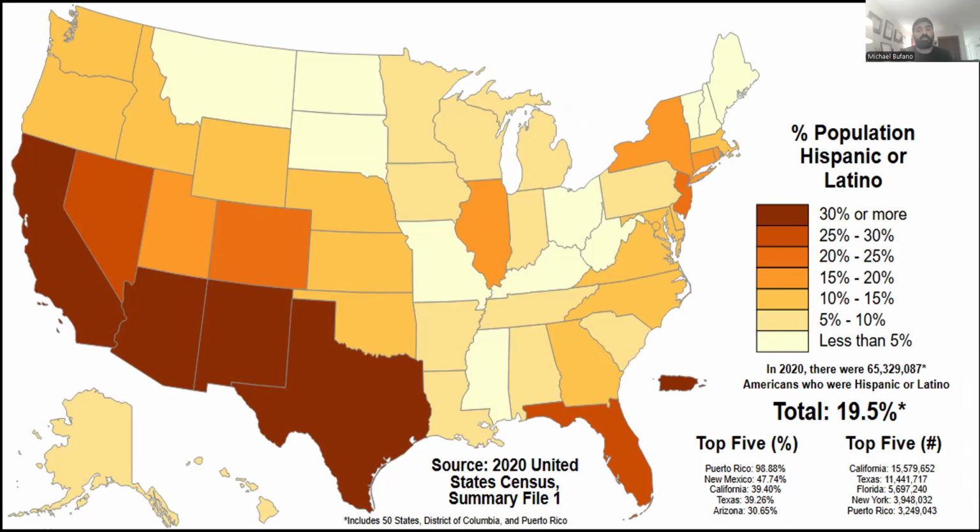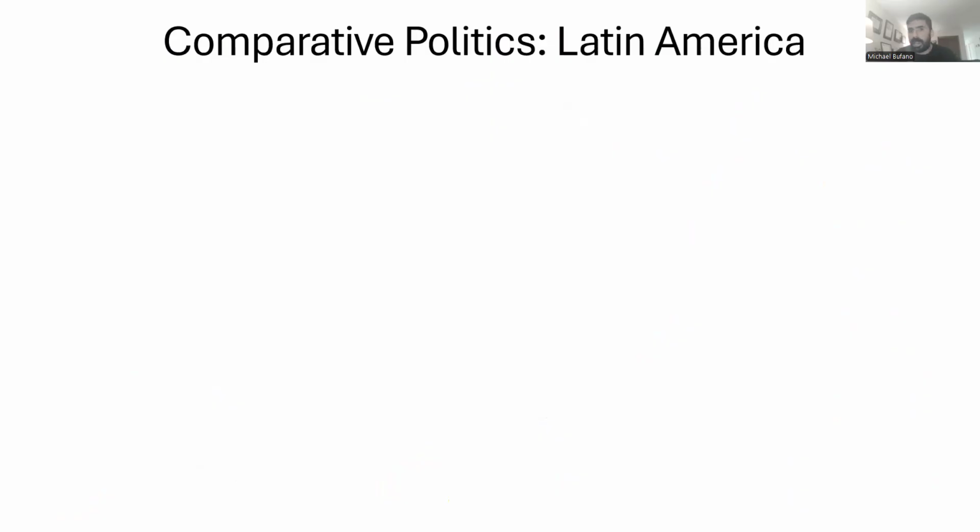It was a Spanish colony. We're going to be talking a lot about Puerto Rico in here. So there's a lot of overlap between these different parts of the world, and migration continues to take place until this very day. Now, on top of this as well, there was a lot of political diversity within Latin America,